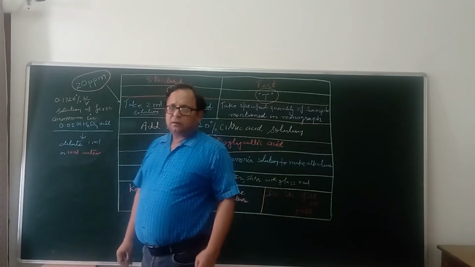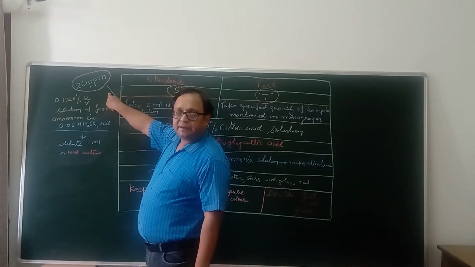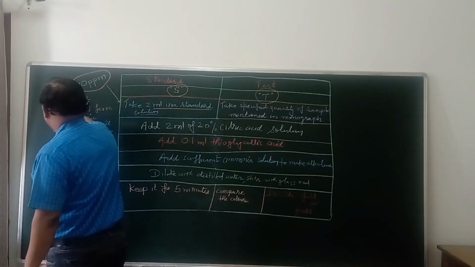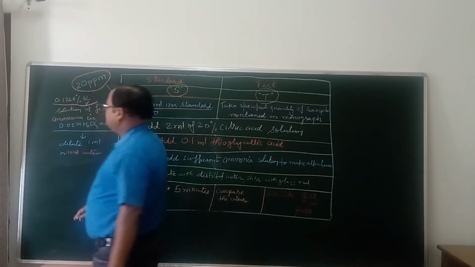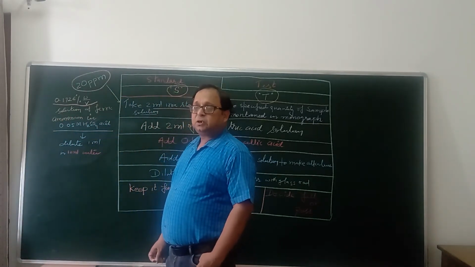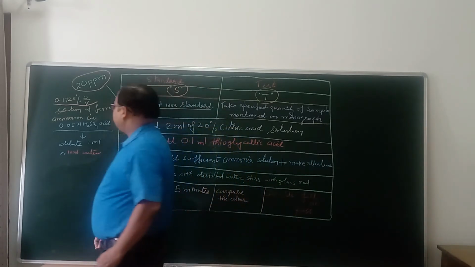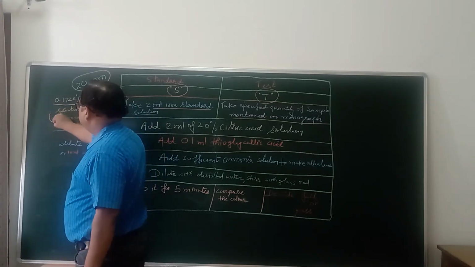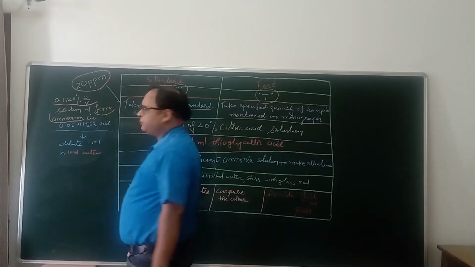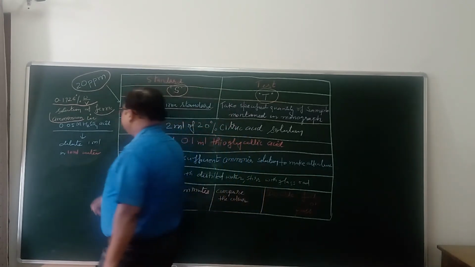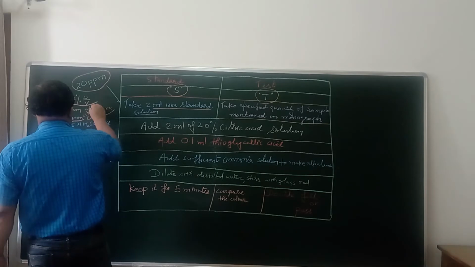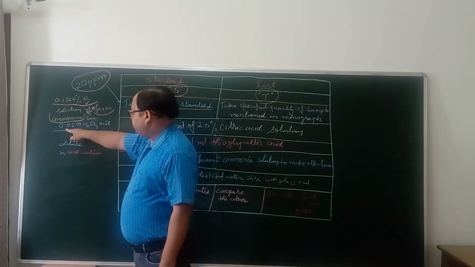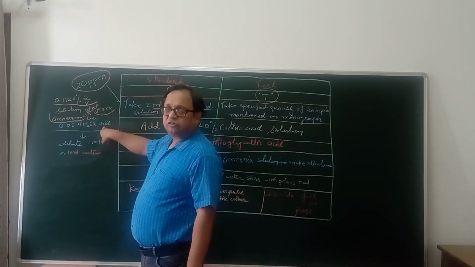Now I will tell how we prepare this 20 ppm iron standard solution. For this, we took 0.1726% weight by volume solution of ferric ammonium citrate, not in water, in 0.05 molar sulfuric acid solution.